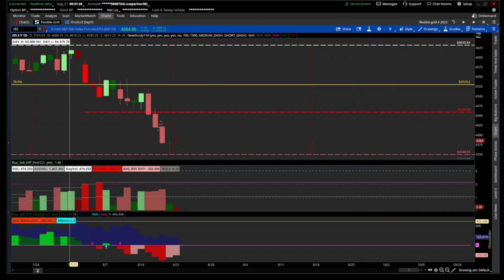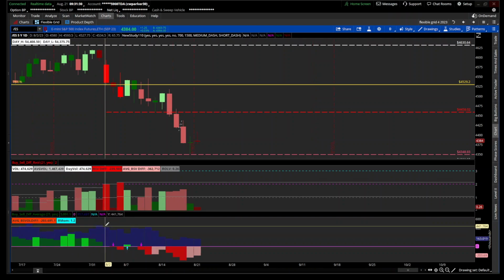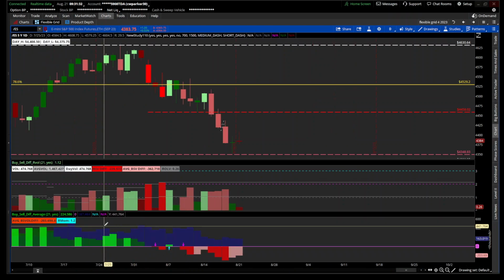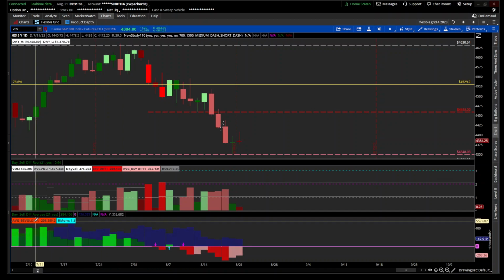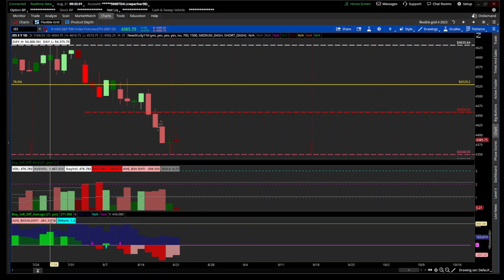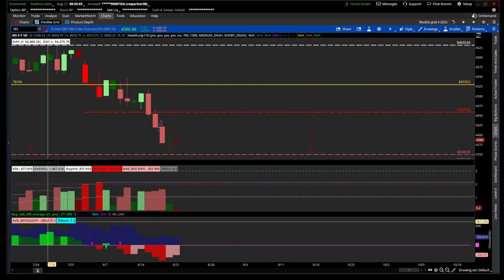One of the things we can see is our momentum to the downside is above one, so you may get a continuation. I would look at this as being a continuation to the downside. And we can see right here, this is the difference between buy and sell on this candle right here. No, this is the average. On average, the difference is